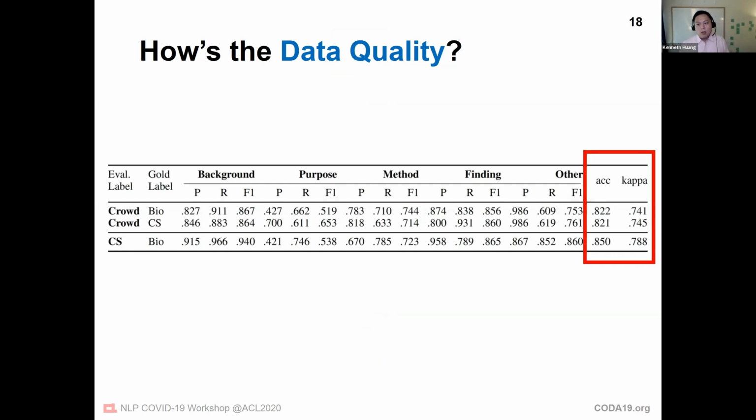It turns out the accuracy and the kappa are reasonably high. The accuracy on average is 82% and the kappa is 74%. It's pretty reasonable. And to contextualize these numbers, we compare the performance between 2 experts. The accuracy and the kappa are actually just slightly higher, which gives us more confidence that the data quality is